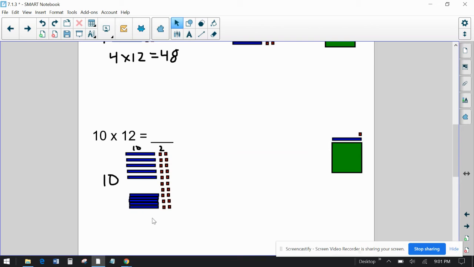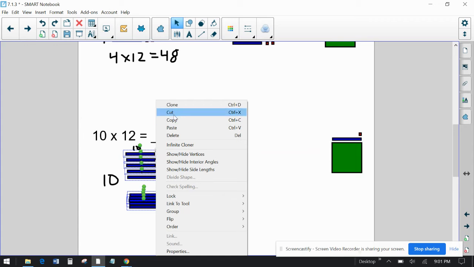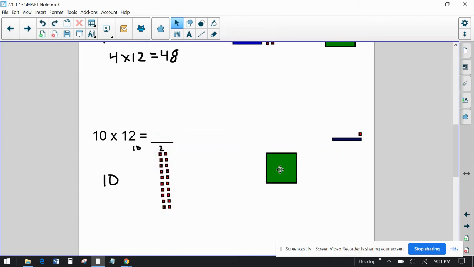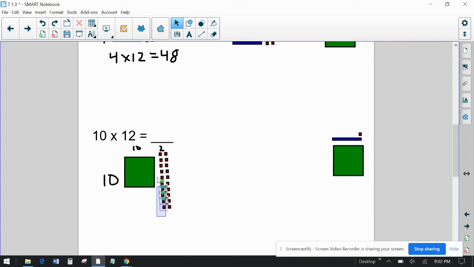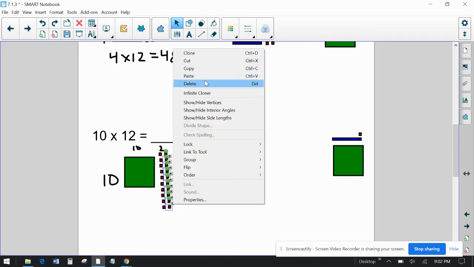So I'm not going to waste our time and try to actually link them together because we did that last time. I'm just going to delete that and slide one of these over here. And then another thing is, as soon as you get a column of 10, 1, 2, 3, 4, 5, 6, 7, 8, 9, 10, each one of these, I can't get it without getting the other column. So I'm going to exchange one of these